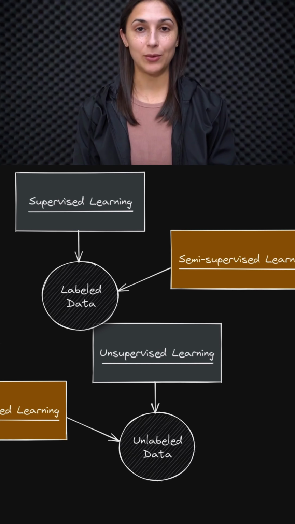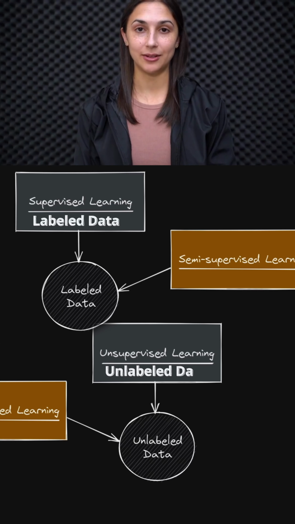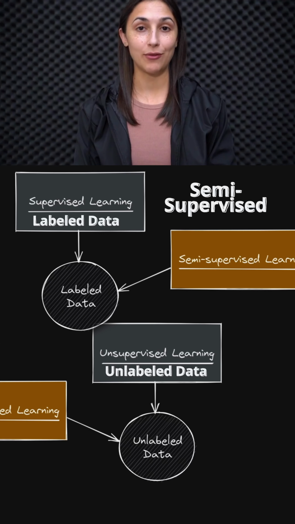Over the last couple of videos, we've gotten familiar with both supervised and unsupervised learning and what exactly separates these two categories. We now know that with supervised learning, the learning algorithm makes use of labeled data, whereas with unsupervised learning, the learning algorithm makes use of unlabeled data. Semi-supervised learning as a category falls right in the middle between these two, and it makes use of both labeled